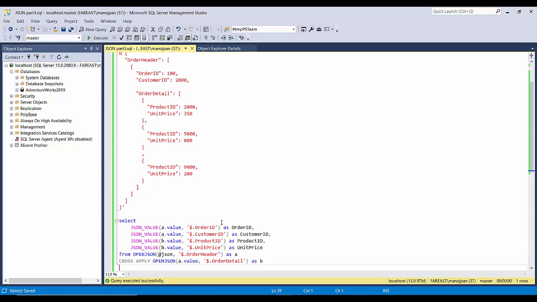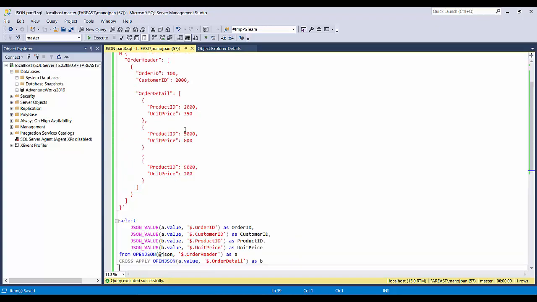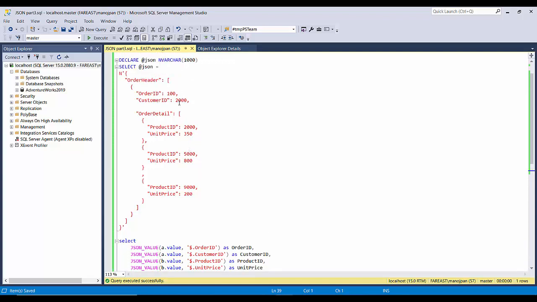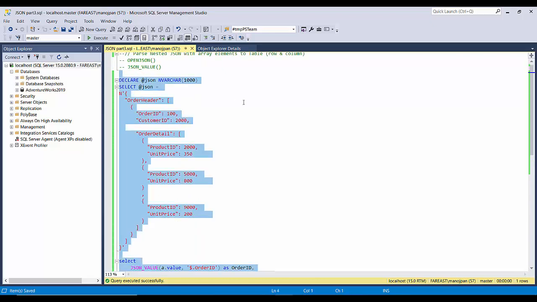So what should be the expected output over here? We have these three orders for this customer. We will be getting three rows having these three unique values, and the order ID and customer ID should be repeating. Okay, let's execute this query.